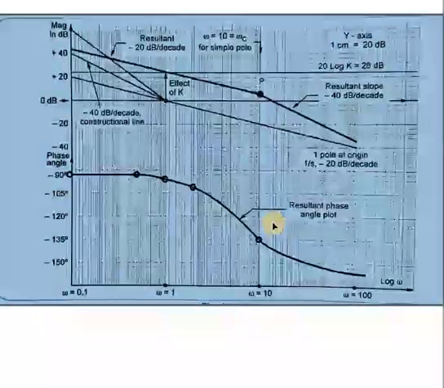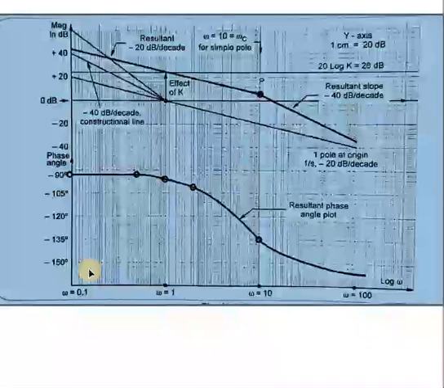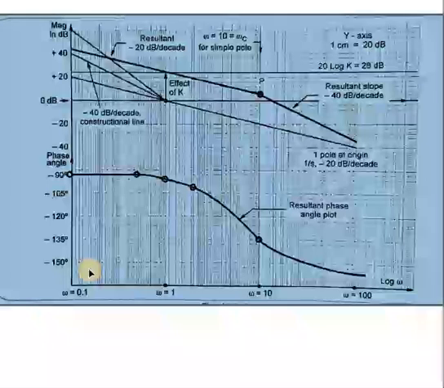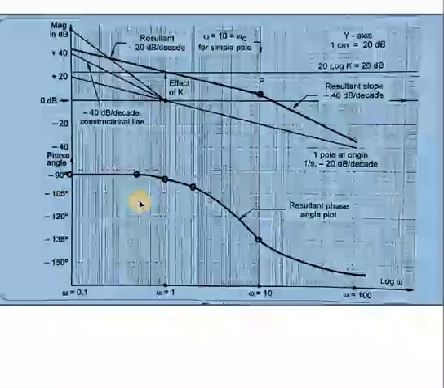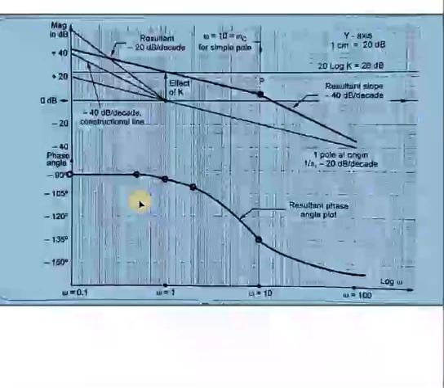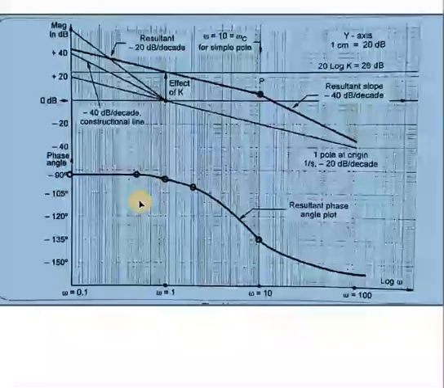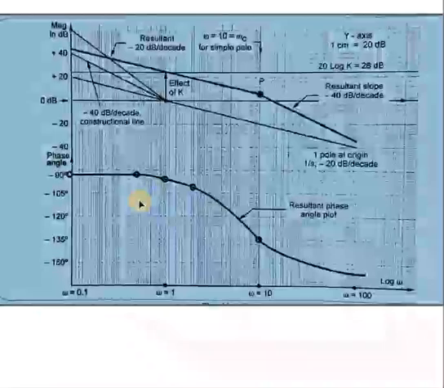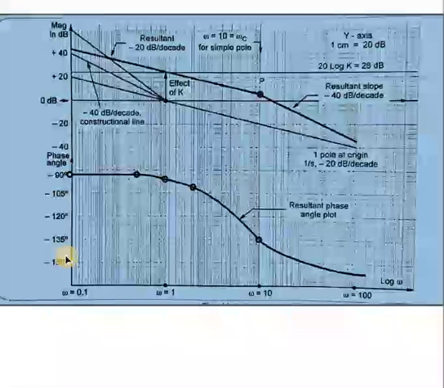As we discussed in the last video, the magnitude plot and phase plot are the two parts. The above portion is the magnitude plot and this one is the phase plot. The only similar thing is that for both plots the x-axis is the same, because it contains the logarithmic values of the angular frequencies, whereas the y-axes differ. For the magnitude plot it is the magnitude values, that is dB values, and for the phase angle plot the y-axis is angle